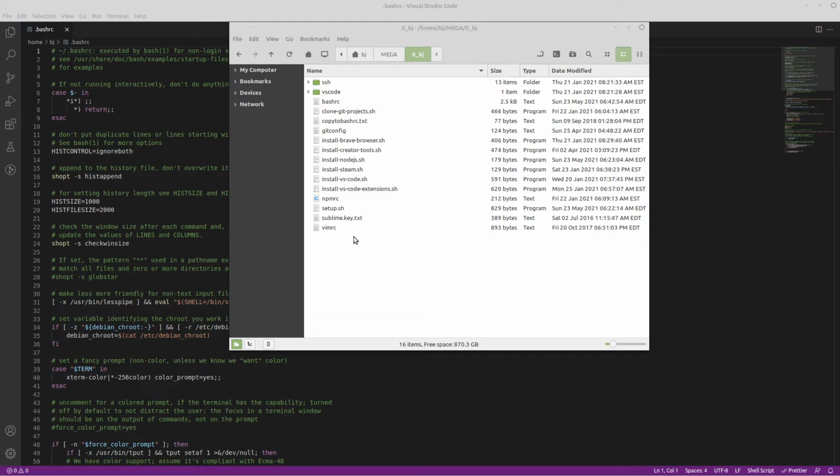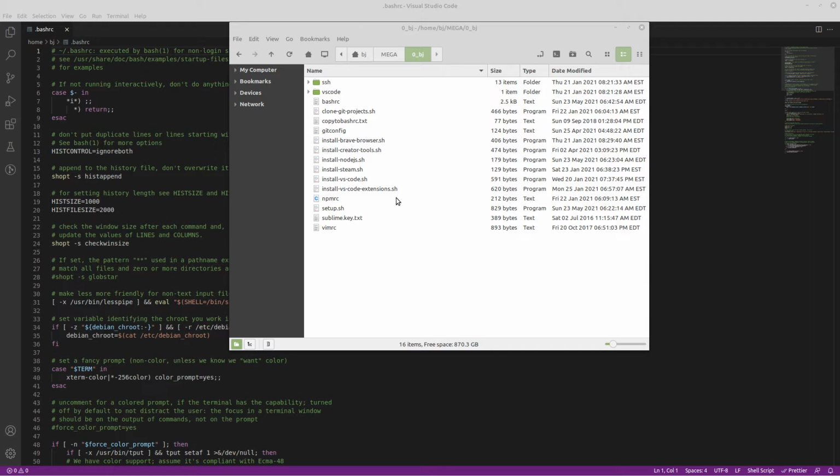But what I do is, if I was going to install a new operating system, say, for example, then starting from scratch, I have to install the programs I want, set up all the settings that I want. And the first thing I do when I install a new operating system is I go install the Mega Sync client, download all of my files from my